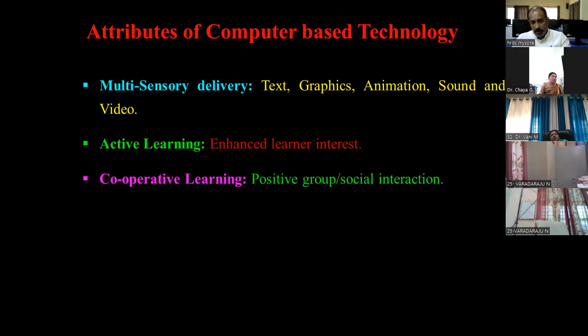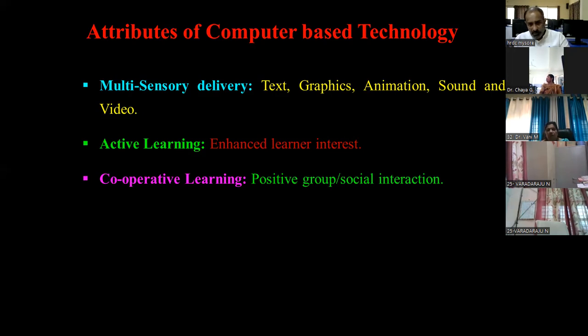That's what is called active learning and cooperative learning, which is a positive group or social interaction. Whenever we form a WhatsApp group of a class of students, they can discuss among themselves. We also have several social platforms like LinkedIn and ResearchGate, many such social media groups where we can form like-minded groups, share our ideas, pose problems, and expect solutions from learned people, I mean, any academic interactions.